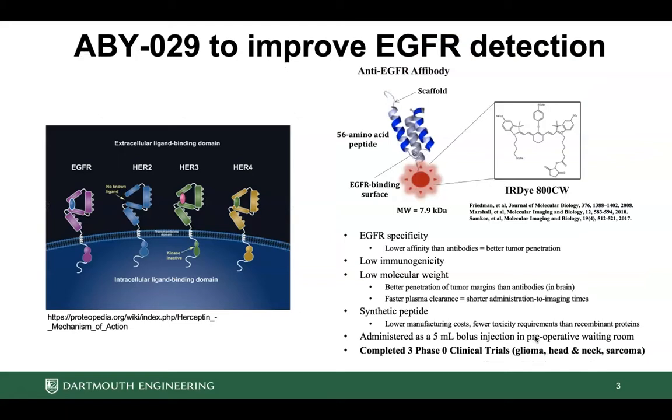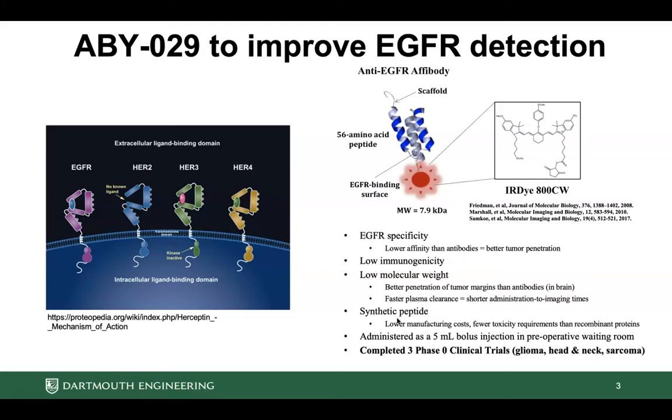The clinical agent that we use most consistently is ABY029, which is an anti-epidermal growth factor receptor affibody molecule that was designed in collaboration with Affibody AB and LI-COR Biosciences. We have taken this agent through 3 clinical trials in glioma, head and neck, and soft tissue sarcoma. The reason that we like this agent is that we have high EGFR specificity, no adverse events in humans, and also low molecular weight, such that we can inject the agent and have suitable tissue contrast in a matter of hours. However, after completing 3 clinical trials with this agent alone, we have come to the realization that we still